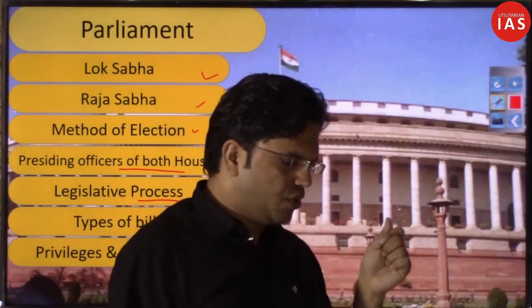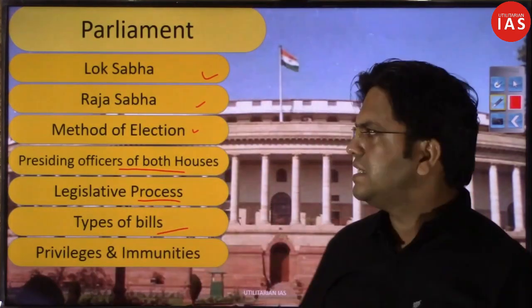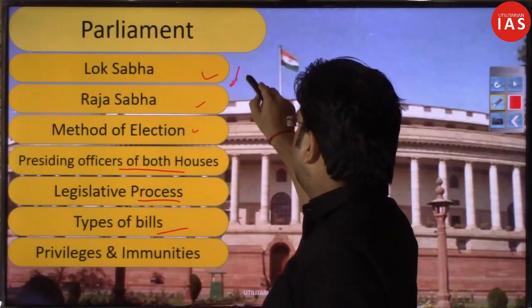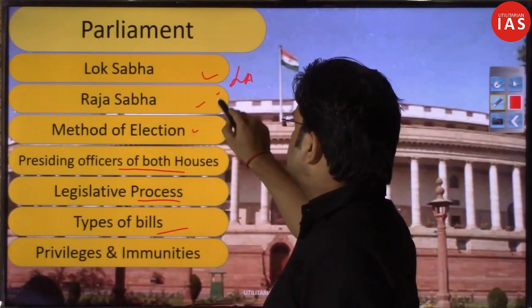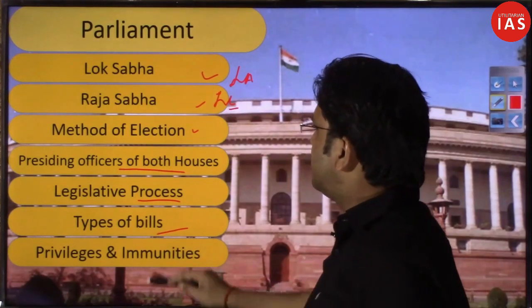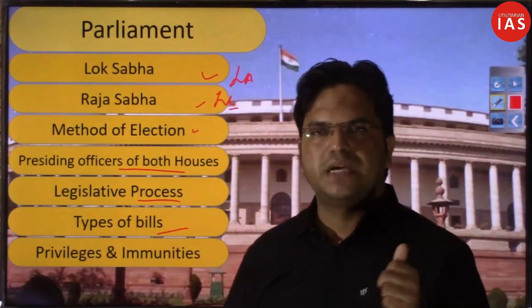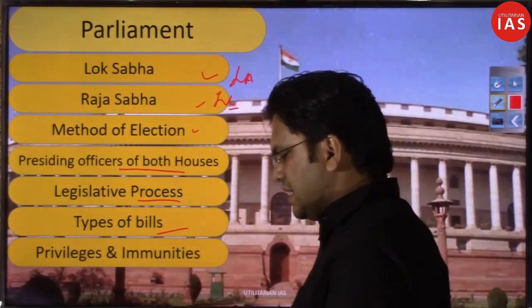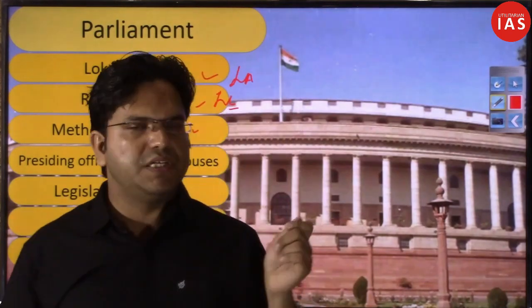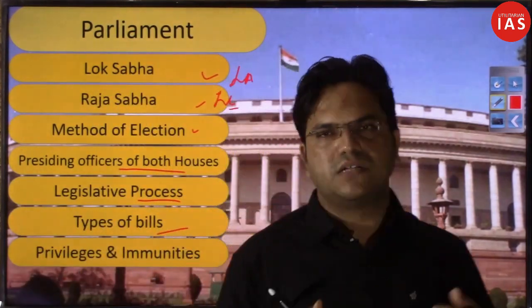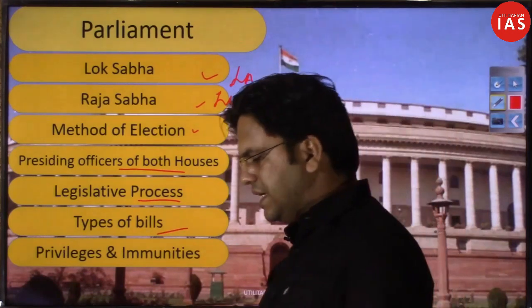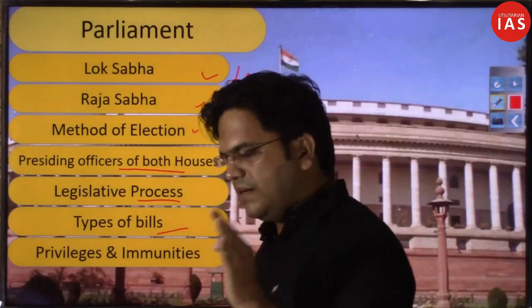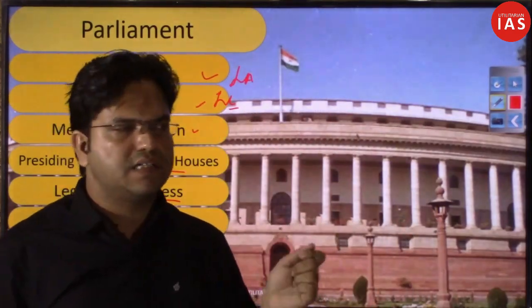So the approach we will take for the state legislatures, as I already told you, is that in response to the Lok Sabha we have the Legislative Assembly, and in response to the Rajya Sabha we have the Legislative Council. In response to the presiding officer, the Speaker at the central level for the Lok Sabha, similarly we have a Speaker and Deputy Speaker at the state level as well. You have a Chairman and Deputy Chairman in the Rajya Sabha. Similarly we also have a Chairman and Deputy Chairman in the Legislative Council, and most of the time the powers that the Speaker has been given in relation to the Lok Sabha,